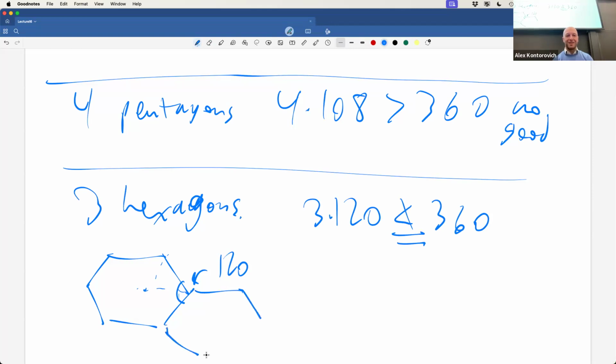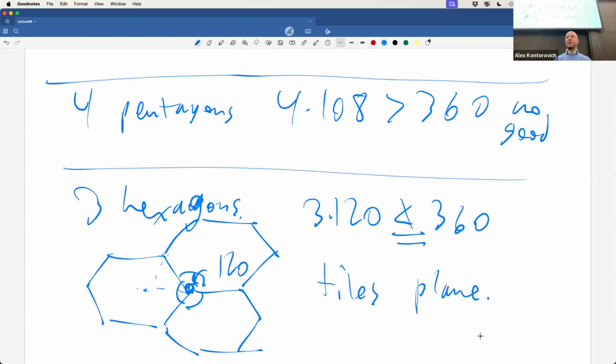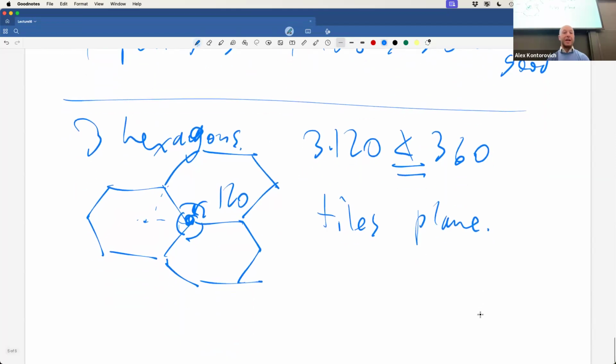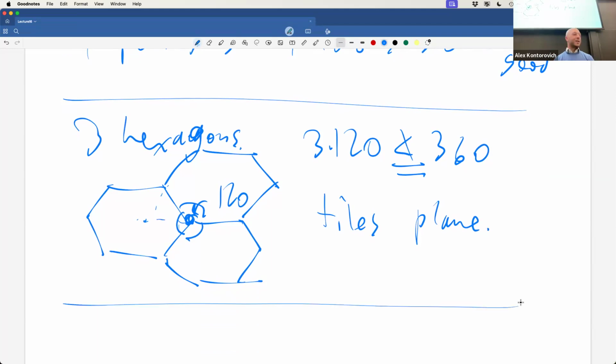Here's a second hexagon, and here's a third hexagon. And they will perfectly go around that corner and tile a flat plane. So this tiles the plane. We won't be able to make anything spherical out of 3 hexagons. 4 hexagons, no chance. We already can't do it with 3. No more with hexagons. So no options with hexagons.